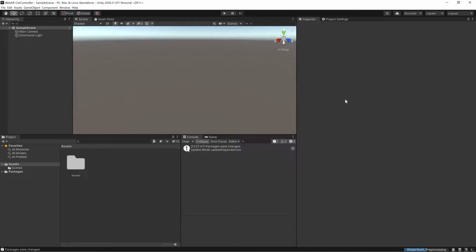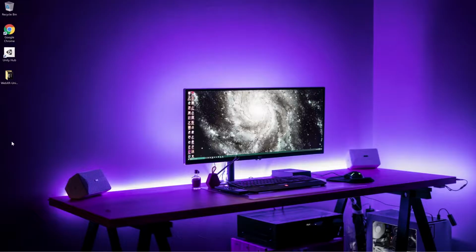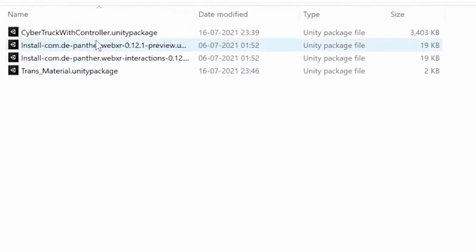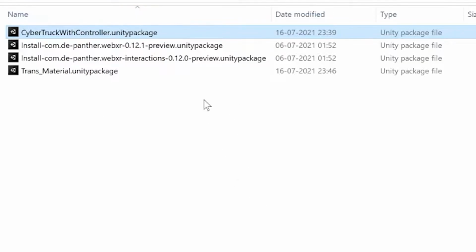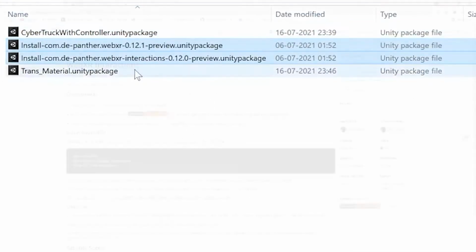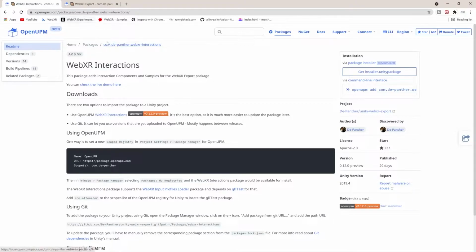As you people already told us, there were some compatibility issues with Android, but we have tested this time, and it is working most of the time on several devices. For this tutorial, we have several packages to use. This time we are not going ahead with a sample project, so that we don't have any issues. We have two packages which are going to be downloaded from the site. I'll show that as well, but we also have a material package and a controller package in addition for the tutorial.